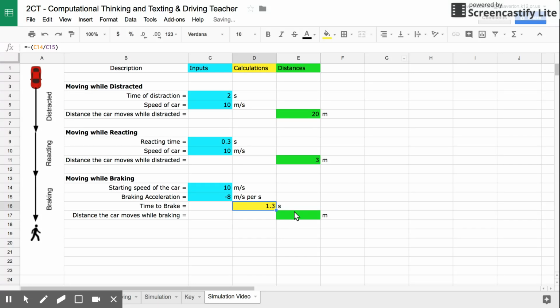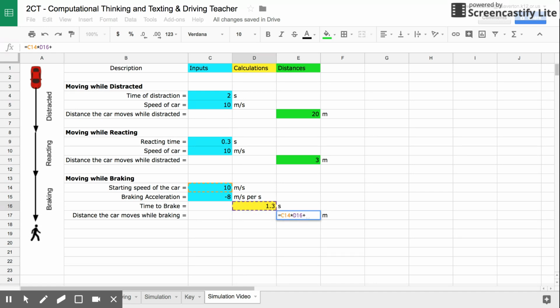All right. Now for our last and most complicated equation. Make sure you're following carefully as you go through. The first thing is to make sure that this comes out to be a positive value for the 1.3 seconds. To do the braking distance, like we always do, hit equals, and we have two parts. The first part is the initial velocity times time. So initial velocity is 10, so I will say 10 times, which is shift 8, the time that we have,